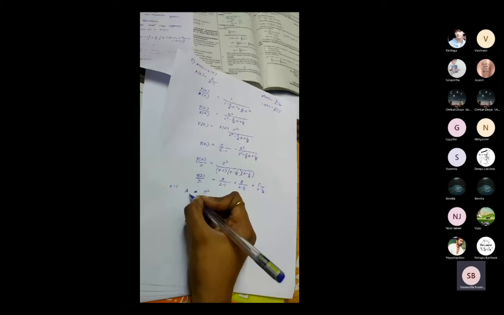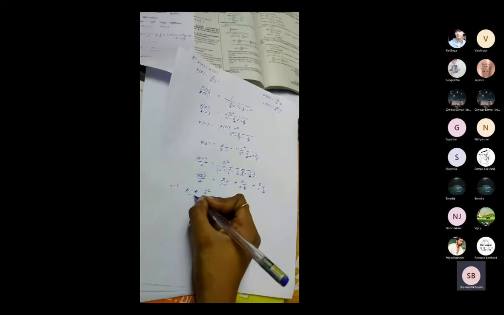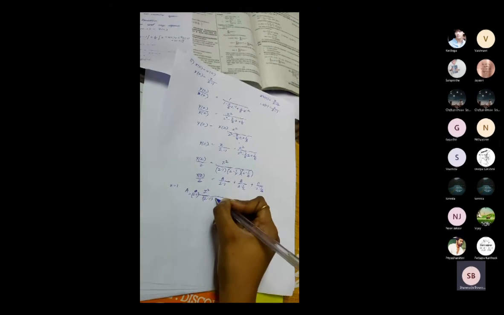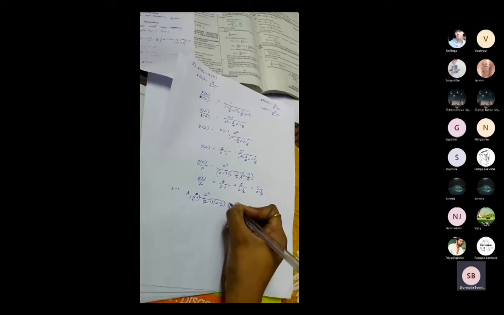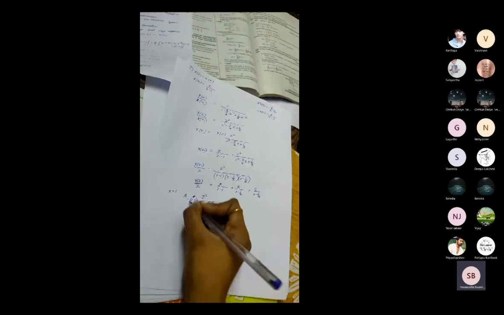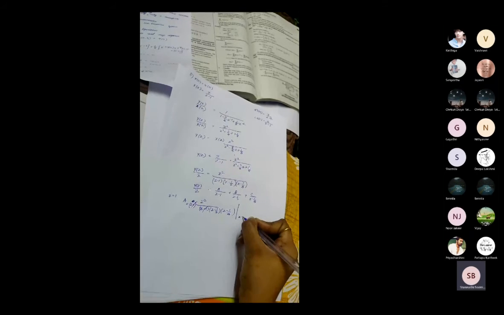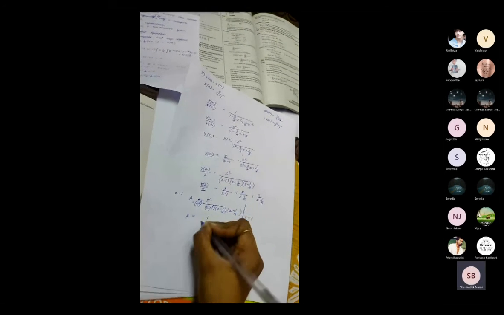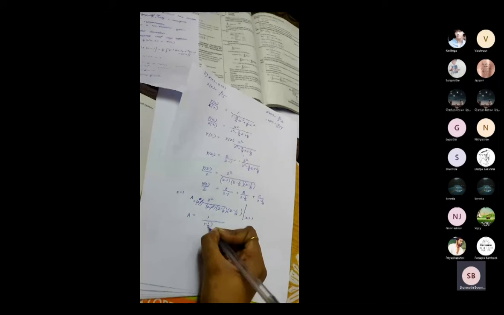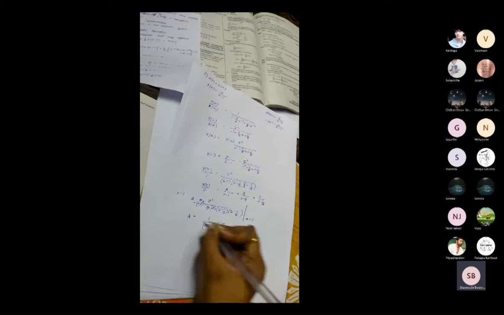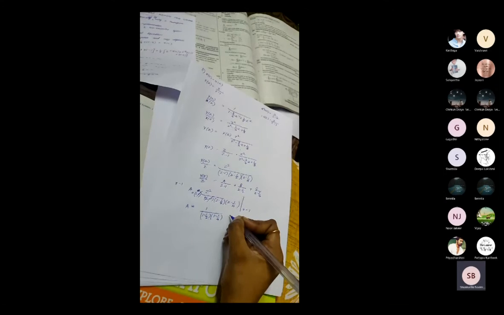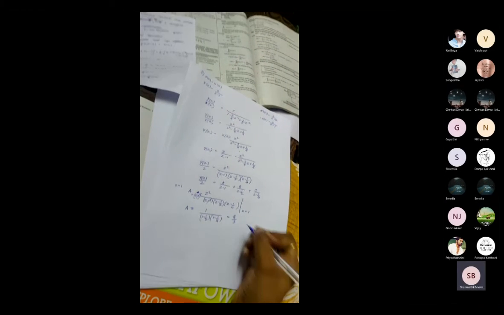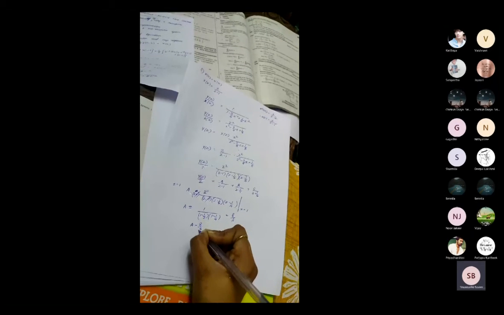You have to apply the residue. What is the residue for this? At z equal to 1, you get the residue of z minus 1 into z square divided by z minus 1 into z minus 1 by 2 into z minus 1 by 4. Z minus 1 and z minus 1 will get cancelled, having the pole value z equal to 1. So substitute 1 wherever you have z: 1 divided by 1 minus 1 by 2 into 1 minus 1 by 4. Okay, what is the A value? A value will become 8 divided by 3. So A will be equal to 8 divided by 3.